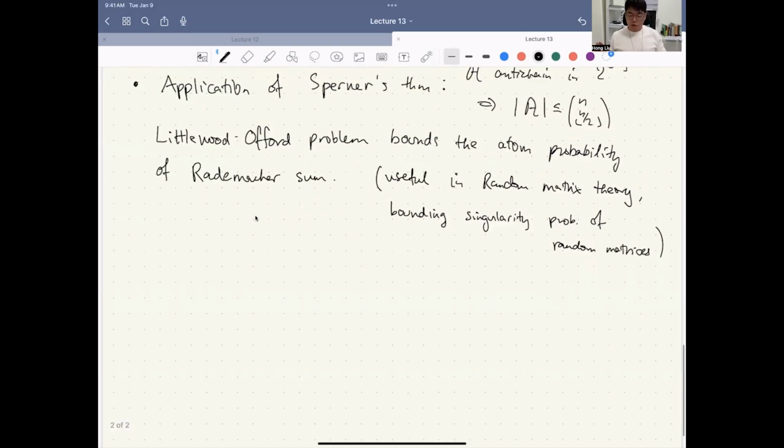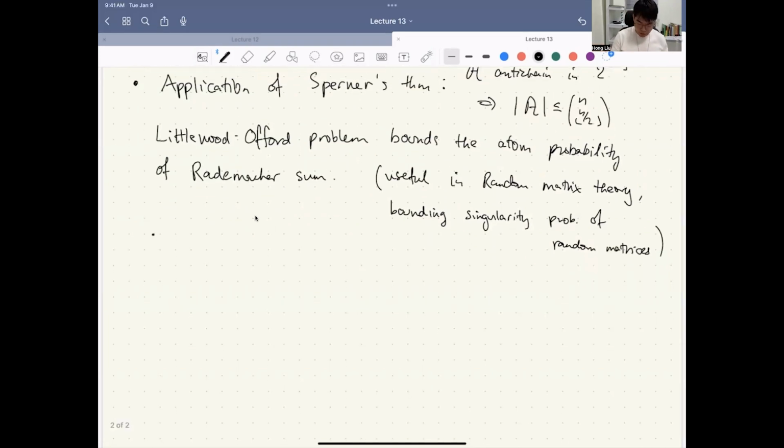So let's first recall what a Rademacher random variable is. It's a very simple binomial random variable taking values 1 and -1. A Rademacher random variable takes value 1 or -1 with probability 1/2. Very simple one. Now, the theorem says,